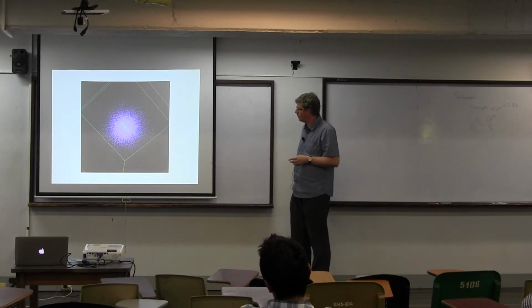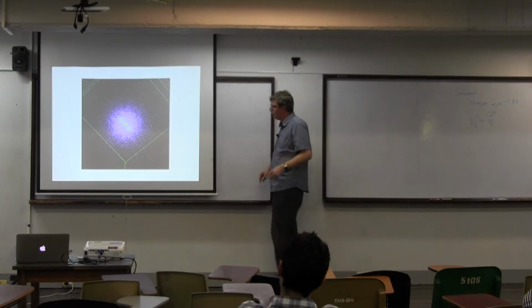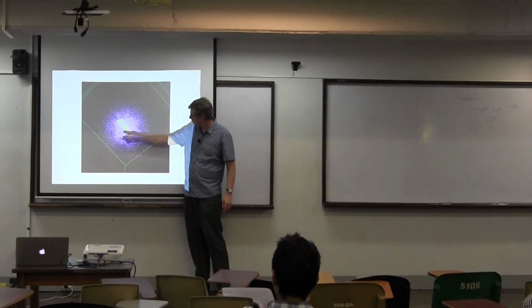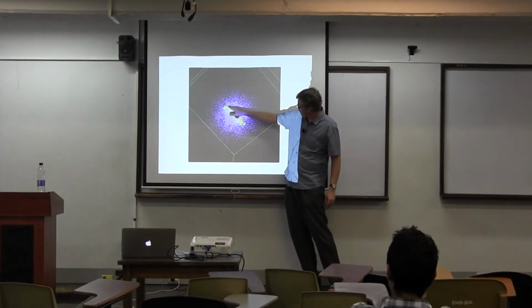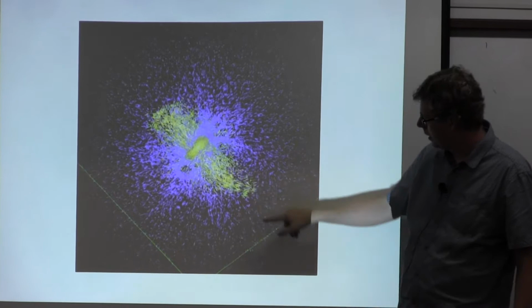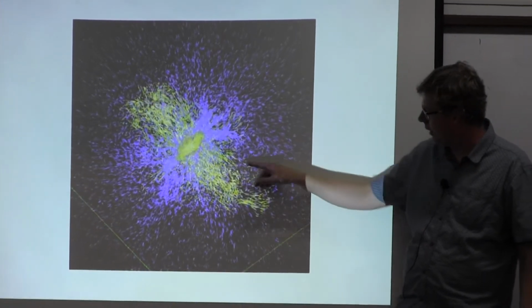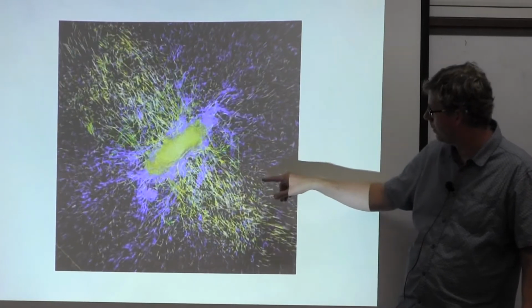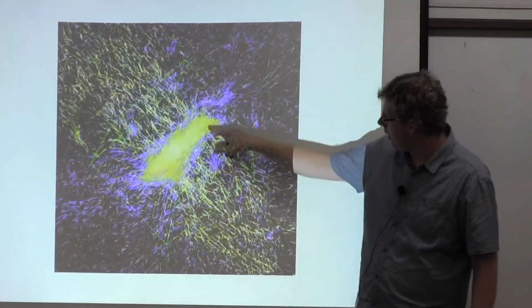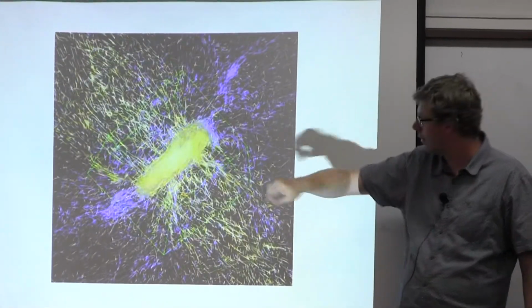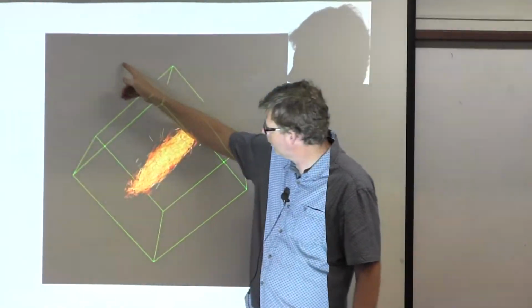What this is doing is a simulation in which there's a galaxy forming here, I think it's this way, and it blows out gas in loops, but in this case it mostly falls back onto the galaxy again. It doesn't blow the galaxy apart. And you see the lines here are velocity vectors. So it shows the direction things are moving. And so you can see they go out, go in a loop, and